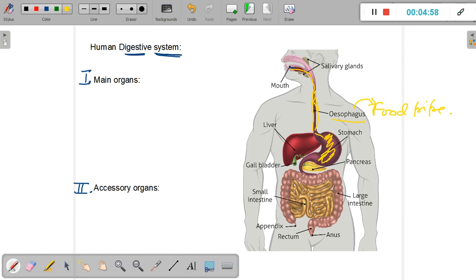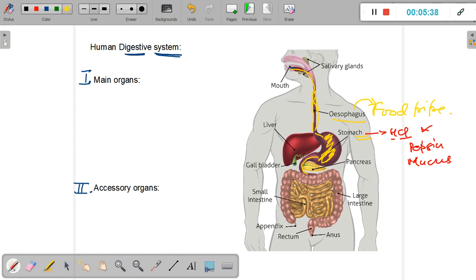Now the stomach is a bag-like structure where the food comes. Inside, the stomach produces a variety of chemicals. Two main chemicals that the stomach produces are hydrochloric acid, for short we write it as HCl, and pepsin. Along with that, the stomach also produces another chemical called mucus. We'll study about all of these later. So now the food that we have swallowed is mixed with the contents of the stomach, and the food then moves out of the stomach